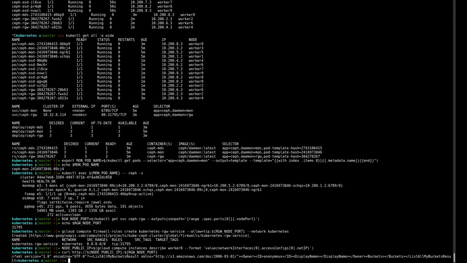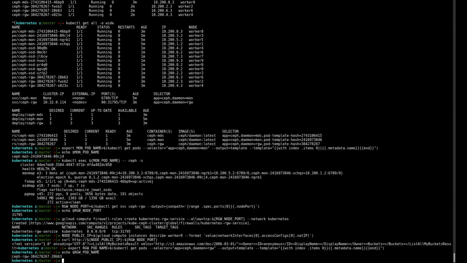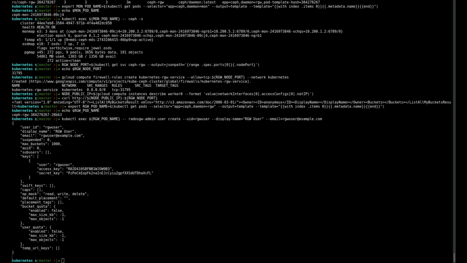Now we'll go ahead and grab the name of the Rados gateway pod. Using this command here, we want to just save that off so we can start executing commands on it. And now we'll execute a Rados gateway admin user create command against that pod. This will create the Rados gateway user that we'll use to access